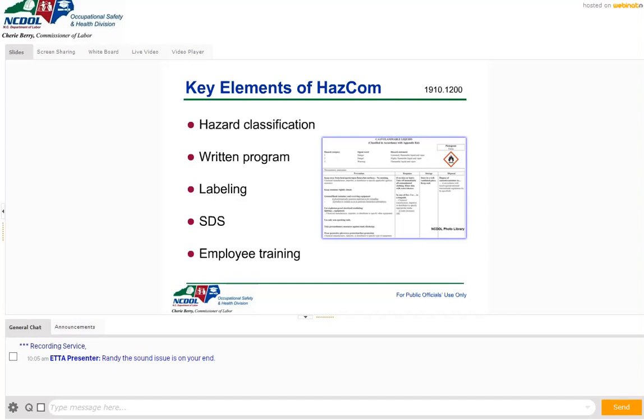HAZCOM. Now let me go ahead and note that there are a lot of employers out there that are very strict about their HAZCOM program. So do whatever your company requires. Some companies say, we know that OSHA exempts stuff, we don't exempt anything. So anything that's a chemical in this building that's hazardous is going to be part of our program. So I know there's some school systems and other employers that try to do that. I'm not always the biggest fan of that because then you're getting into whiteout,